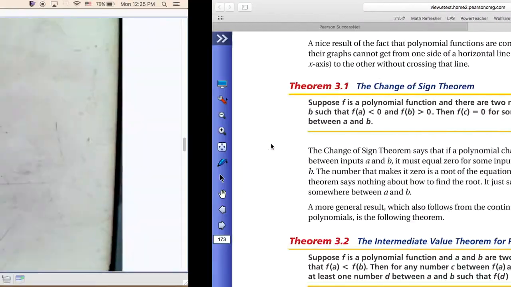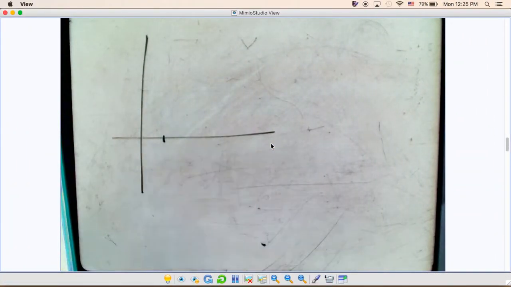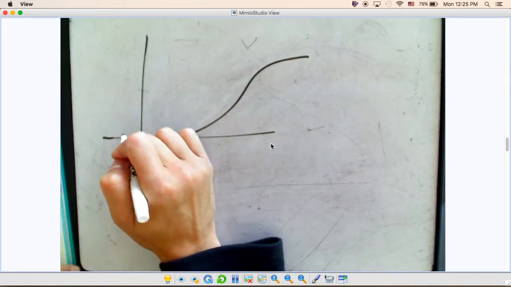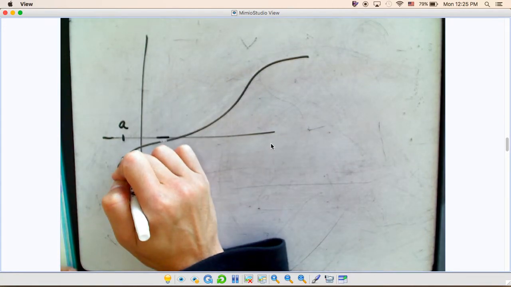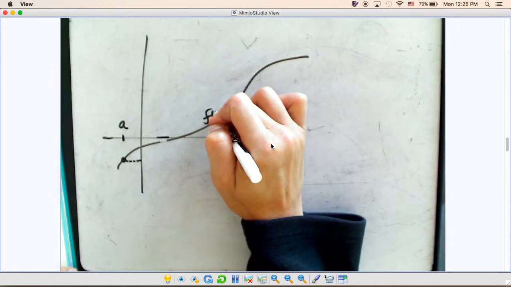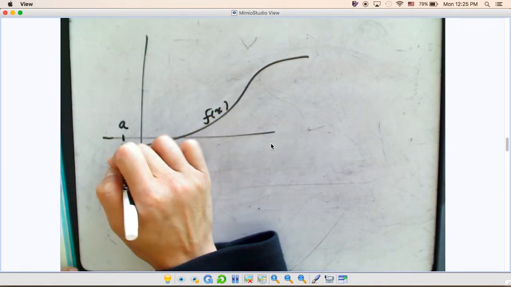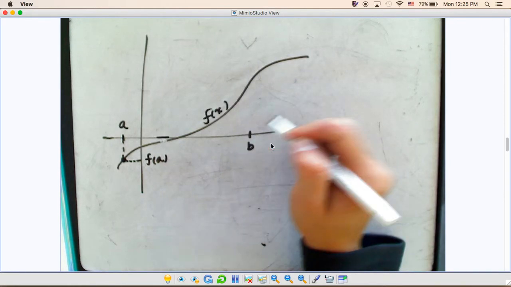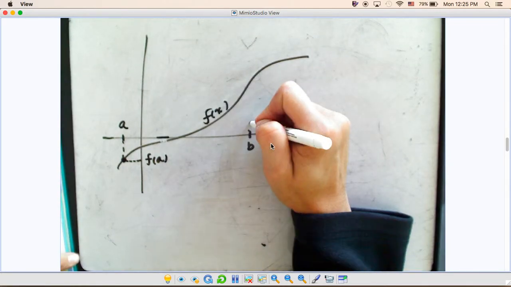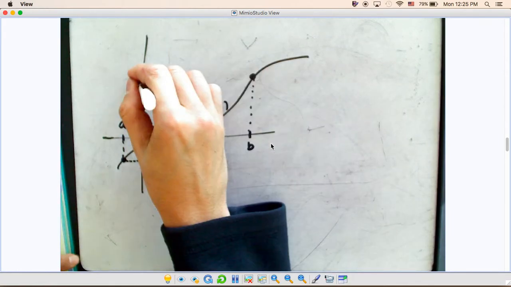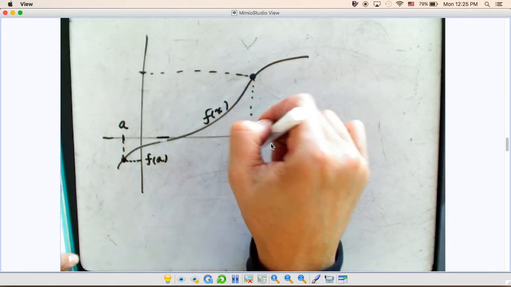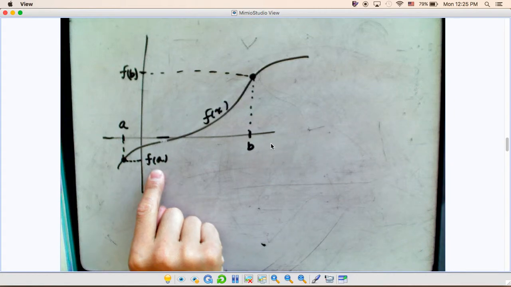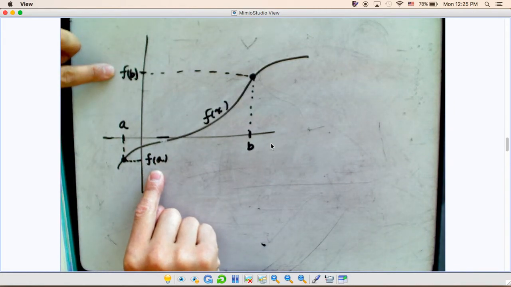So this tells us that, let's say you have some function. Let's take any x value a. If you have x value a, then you should have a y value, which is f of a, right? And if you take another x value b, then you should have f of b as well, because if you plug in b to f of x, you should get f of b. So if f of a is a negative number and f of b is a positive number, there has to be